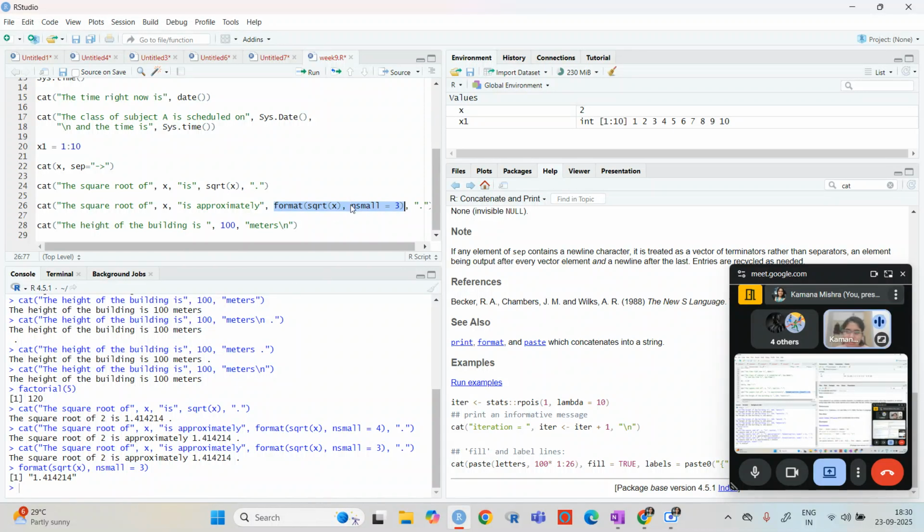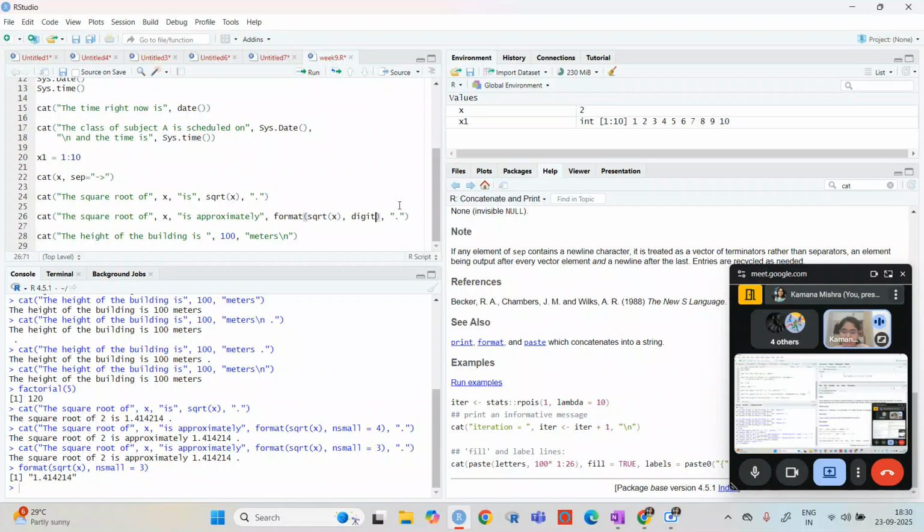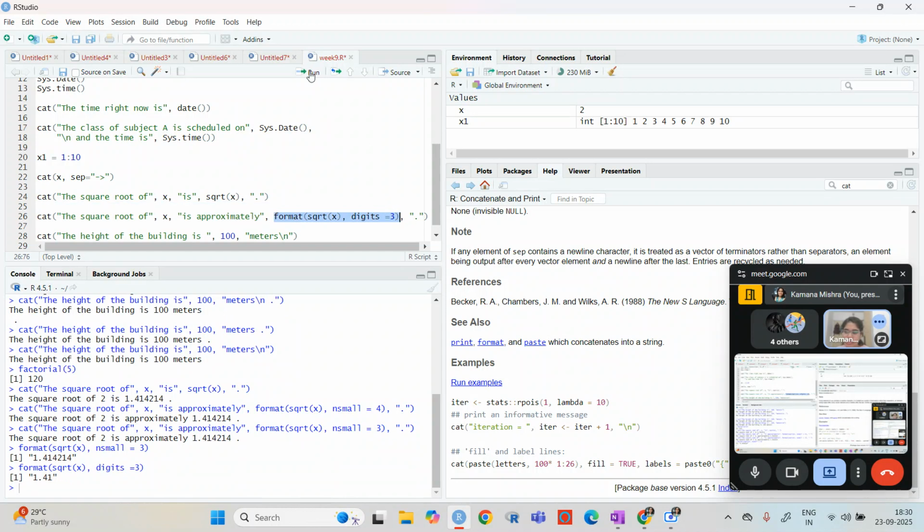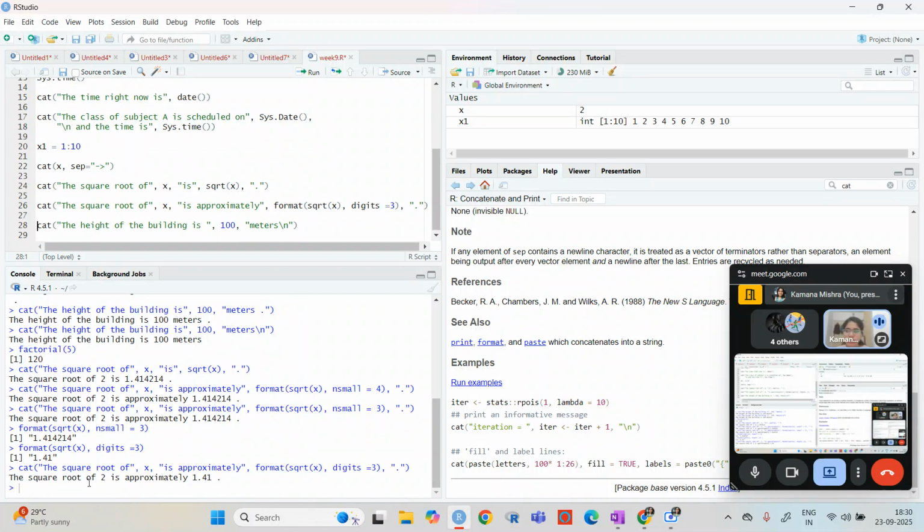I think to give the digits as 3, I will give digits as 3. So if I give its digits like 3, I can approximate it like this. I can approximate it by round off. So basically, what I want to say is that here you can put any function.